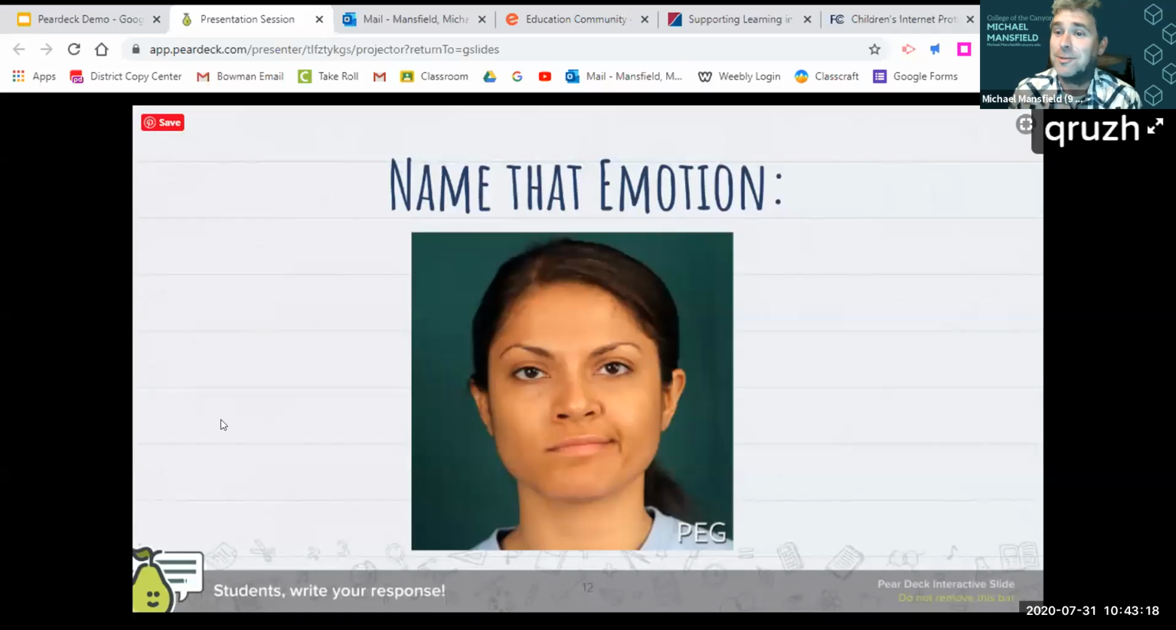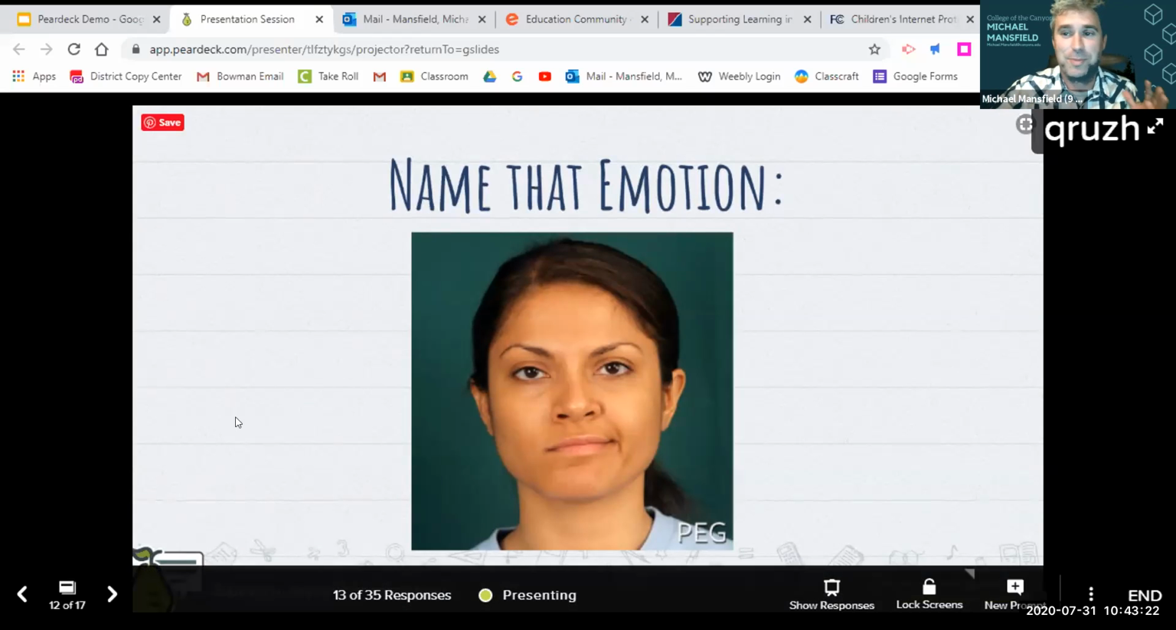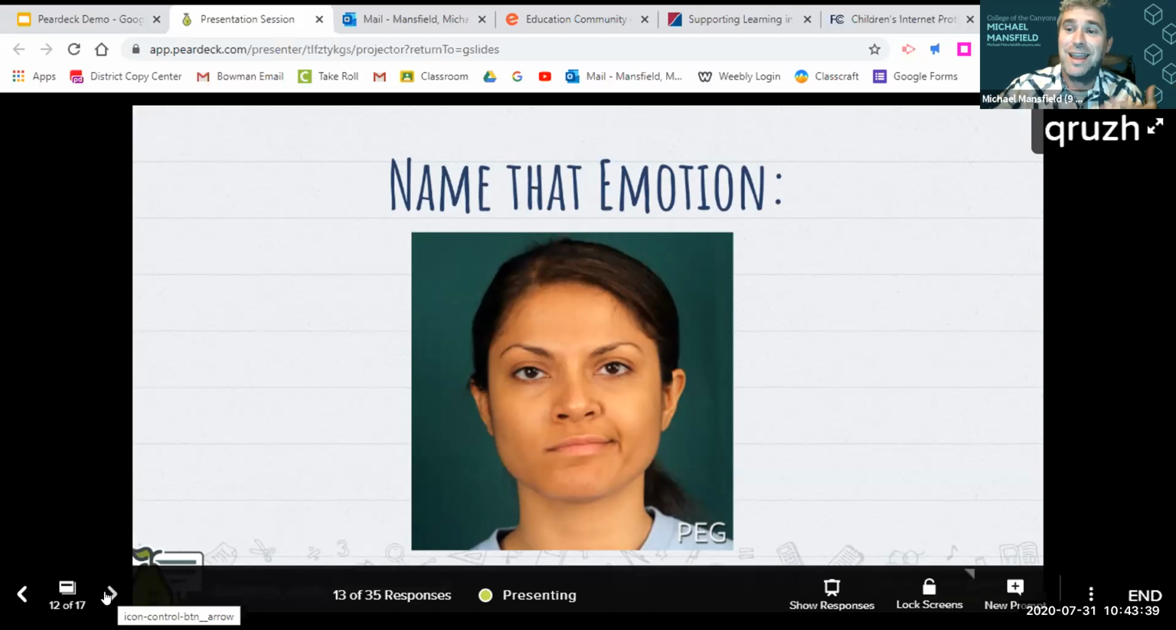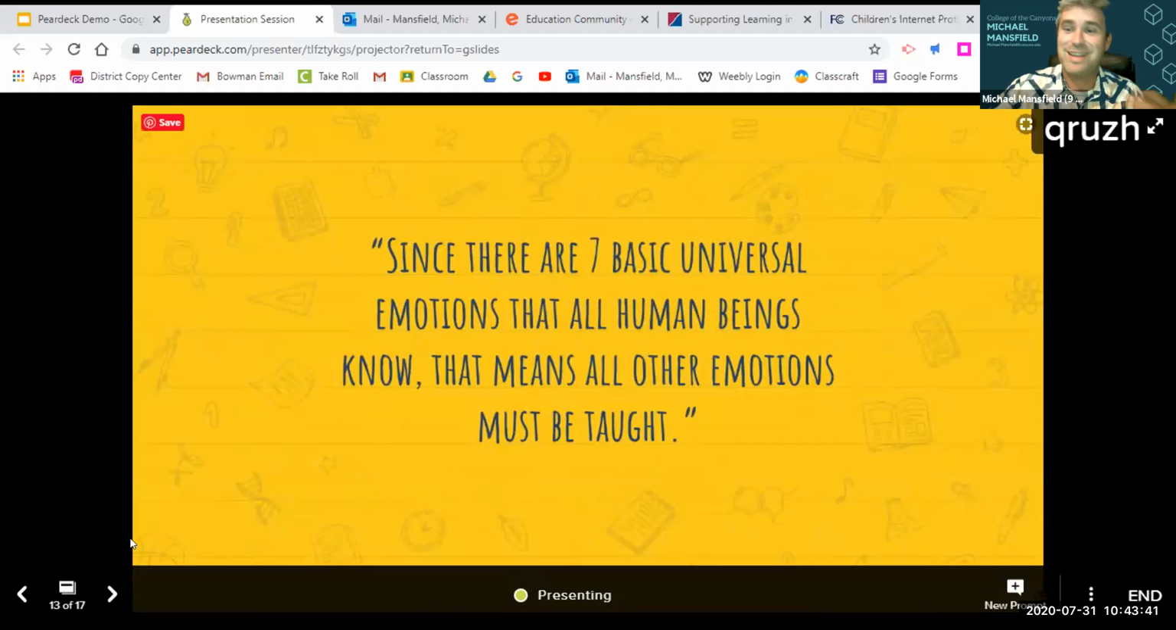So the thing that I found really interesting and kind of a unique takeaway from this entire experience is that although it's cool to know that we have 7 universal emotions and expressions in common across the globe, no matter where you go, you can just express your face and people will understand. That means that every other emotion needs to be taught